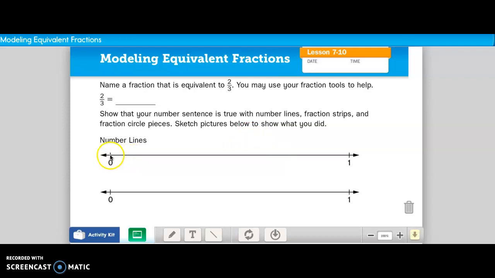A number line starts at 0 and goes to 1. Now, the bottom number shows how many hops we're going to make on this number line until we get to 1. So you can see we need 3 hops, and they need to be about the same distance. So we'll try our best to make it the same distance. So let's see, let's make 1 right here, and then make 2 right here. And then our third hop would be here. So it's 0, 1, 2, 3. So this would be